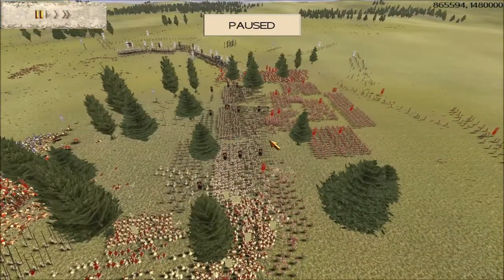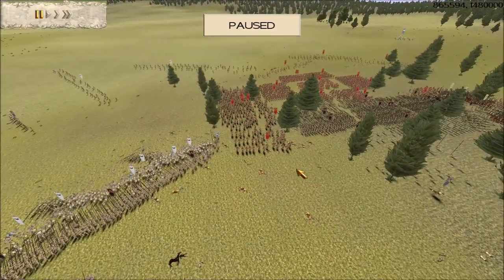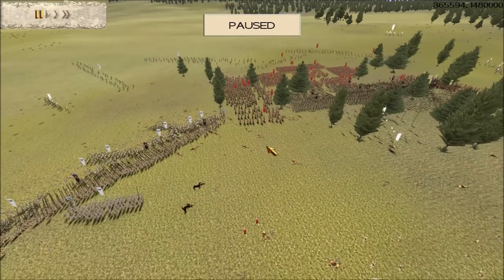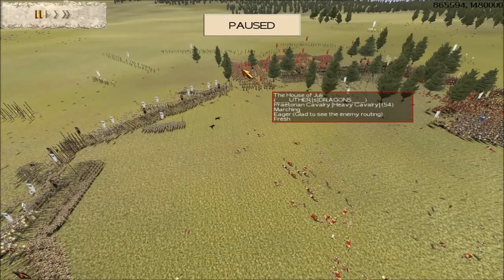Also, I'd like to show you a very, very nice little move here by UTHER. As you see, UTHER's infantry fights the Macedonians here, but look at this. See that gap between Demon Soul and Steve? Just big enough for UTHER to get his 6 units of cavalry in between them, and then get in behind our engaged